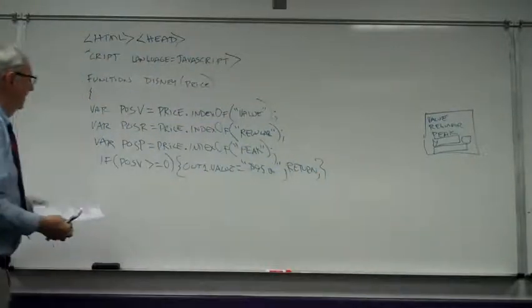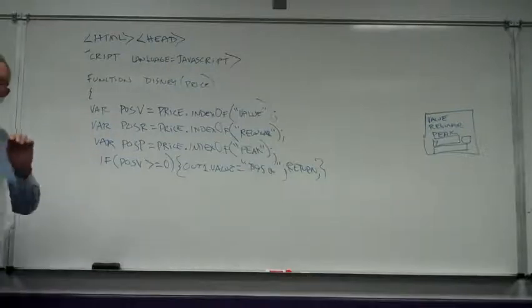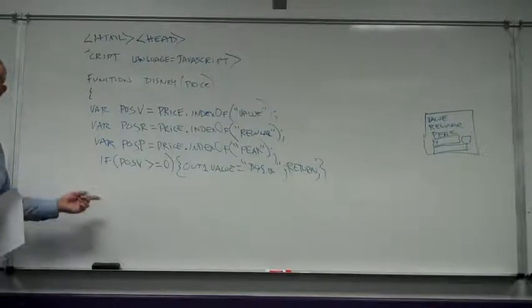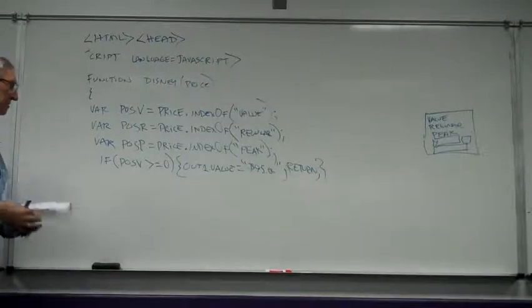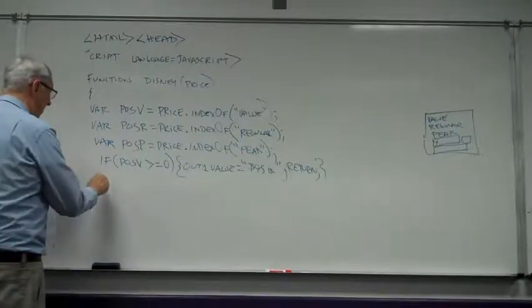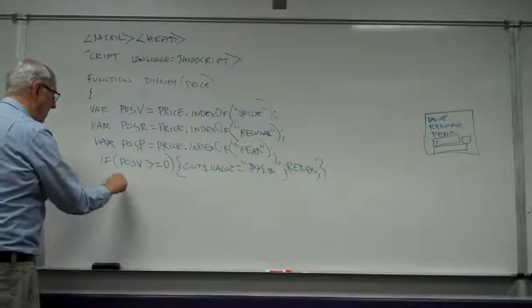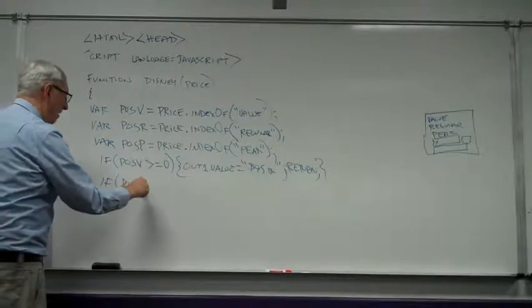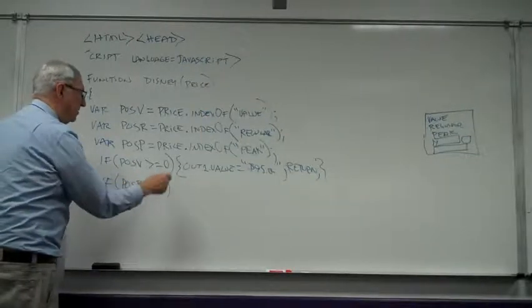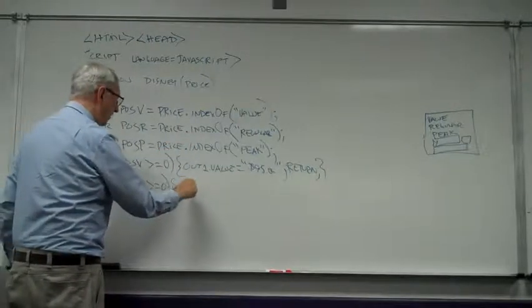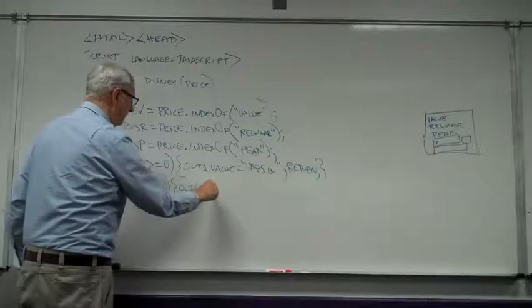So there it is right there. The first 3 lines, all they do is they say, did you find those things? And it sets up a signal for you. Then what you do is you have 3 if statements to see if that signal was positive. If it fails this one, it's going to fall down and hit this right here. You say if pos r is greater than or equal to 0, that means you found the word regular. So you say L1 dot value